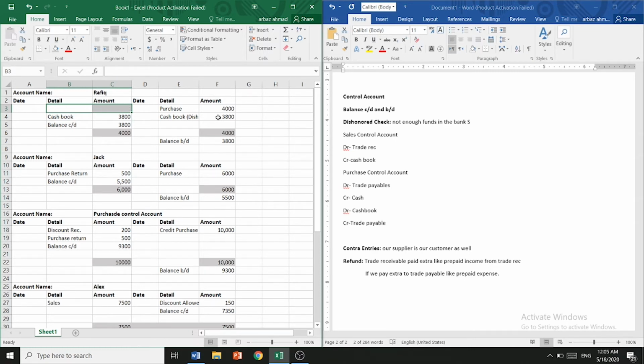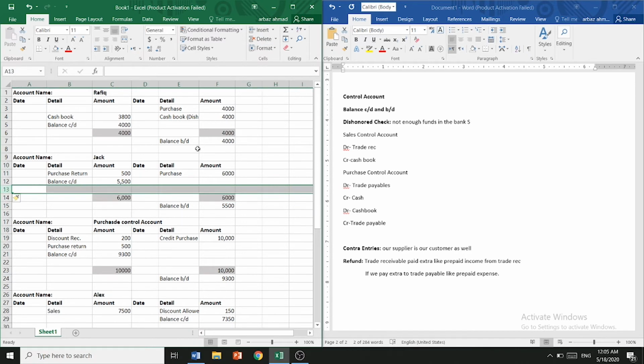So if I delete it, it will be 4000. Okay, the reason it will be 4000 is because I was having cash discount received here. So in this case it will be 4000. Okay, and then it will also change to 4000. But that is something a bit complicated. If you don't understand, that's, I guess, fine. Maybe when you do a lot of practice, then you will get it. And maybe if we are doing all these practices today, then I hope that will help. Okay,